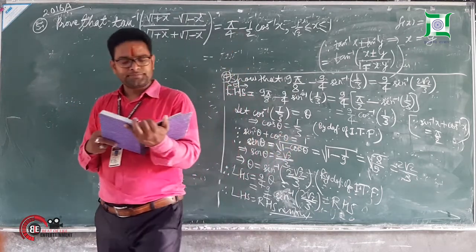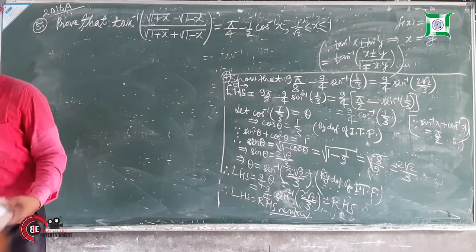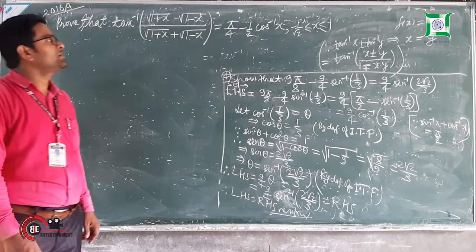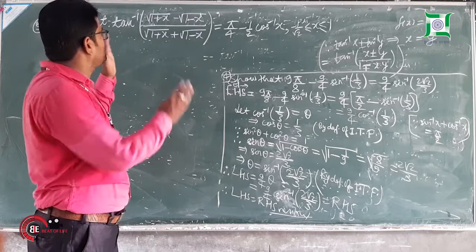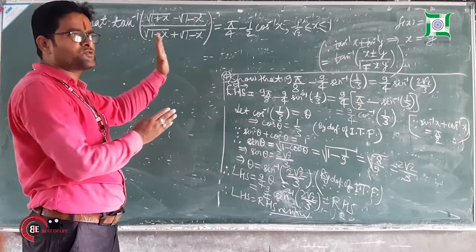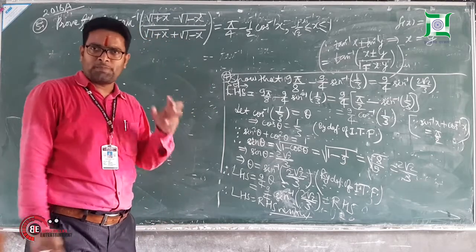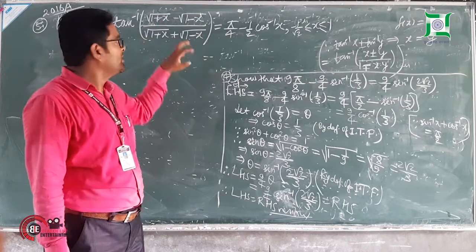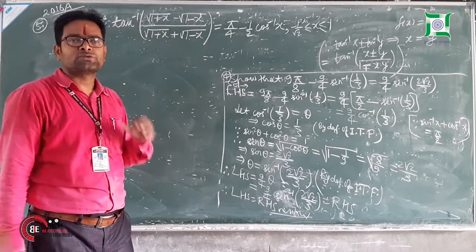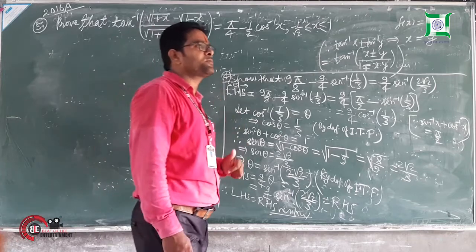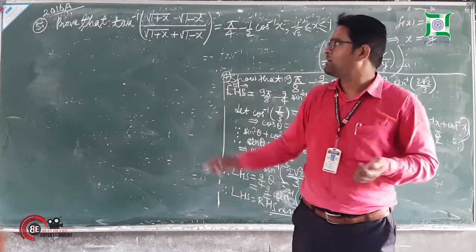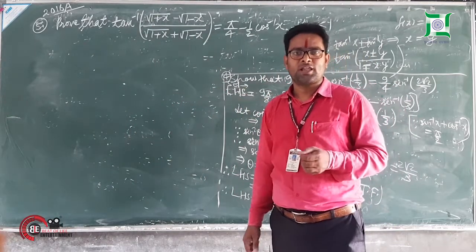Now see, we have to prove it. See everyone, here inside the inverse function, the variable is a real number. It looks a little bit complex. So first of all, in this type of question, we have to think how to simplify it. How will you simplify?